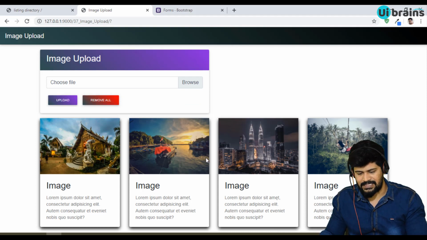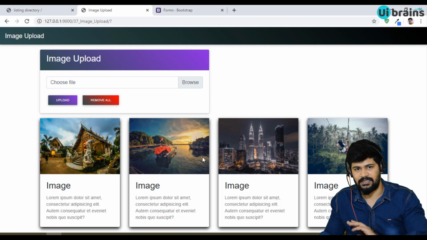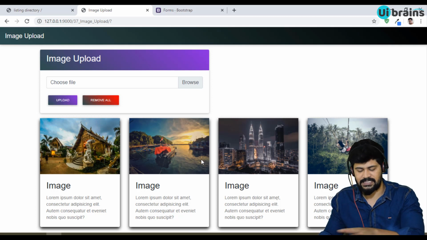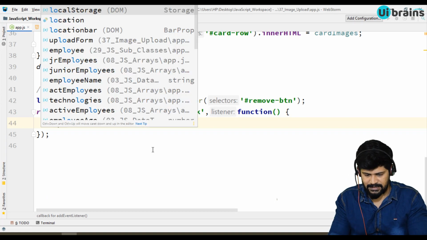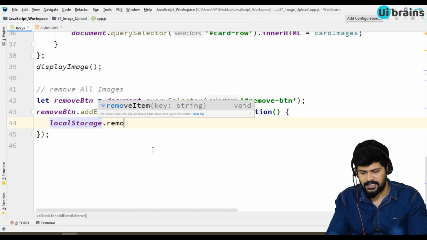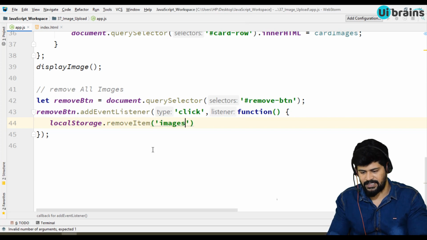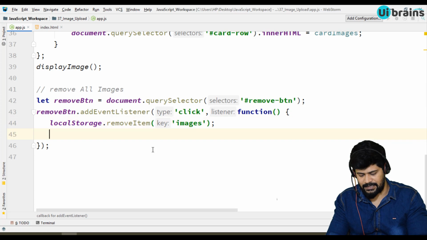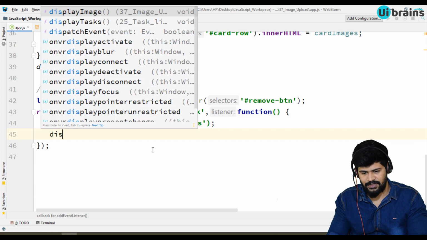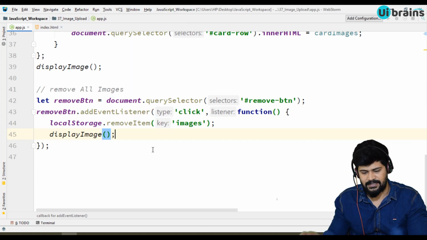How to remove is simply remove from the local storage, so it automatically removes this content. Normally you can write localStorage.removeItem of images. That's it.